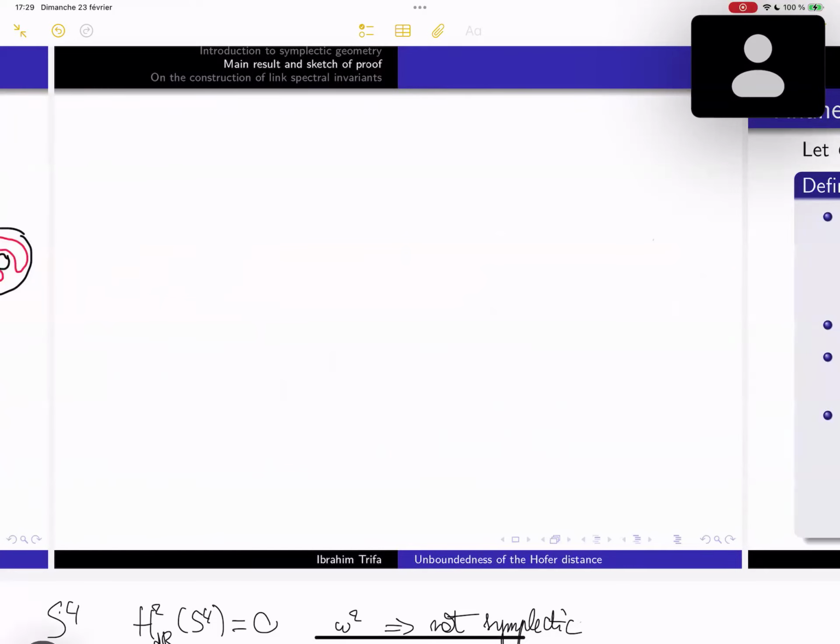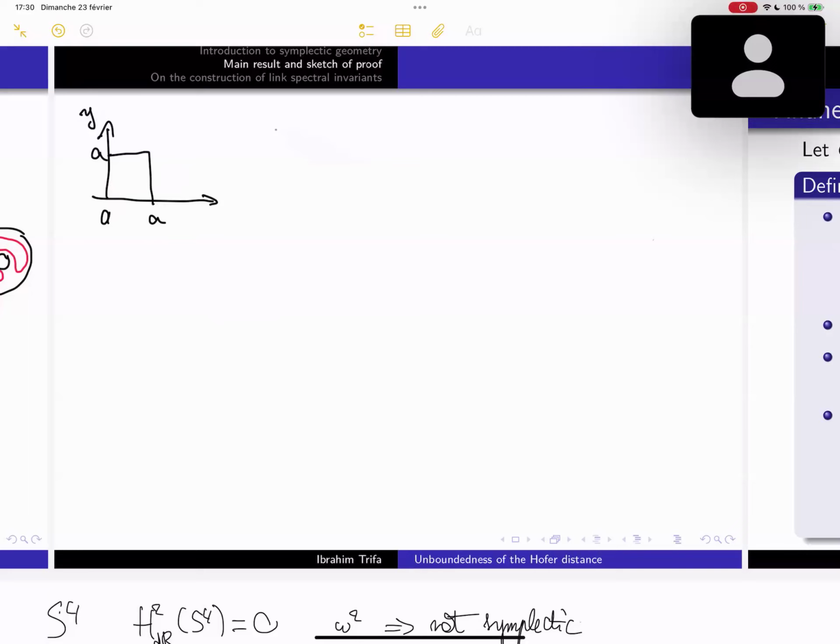So consider the following. You look at the plane R2 with coordinates y and x, and we will take a square of length a. So let's say this is 0, a,